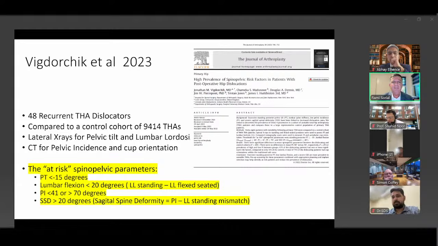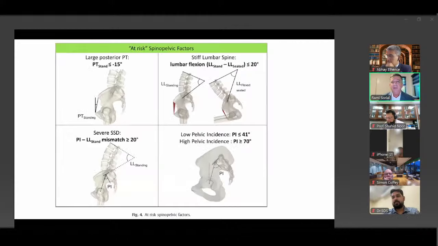And the at-risk spinopelvic parameters they identified is pelvic tilt less than -15 degrees, lumbar flexion due to stiffness less than 20 degrees, and sagittal spine deformity greater than 20 degrees. That's the difference between the pelvic incidence and the lumbar lordosis. A very good diagram that defines that very nicely. So if you can get a hold of this presentation and publication, you'll go a long way to understanding the